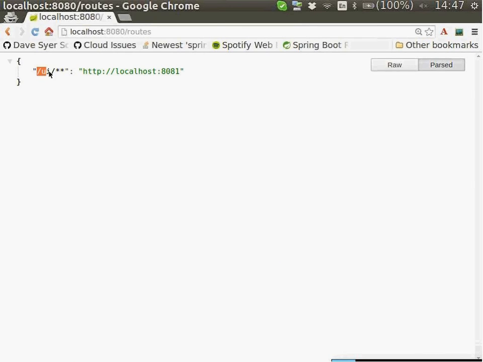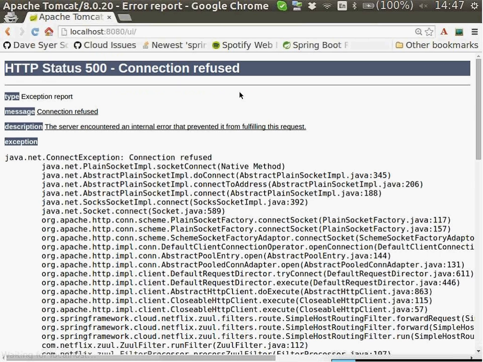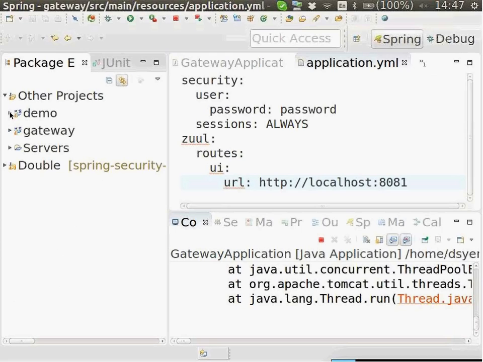So now anything I send to /UI, /UI/star will go to AT81. And of course, there's nothing there at the minute. So if I do it, I should get an error. Yeah, right. Connection refused because there isn't one. Slightly ugly error, but that's what it is. So then to make something appear on port AT81, I'm going to take this